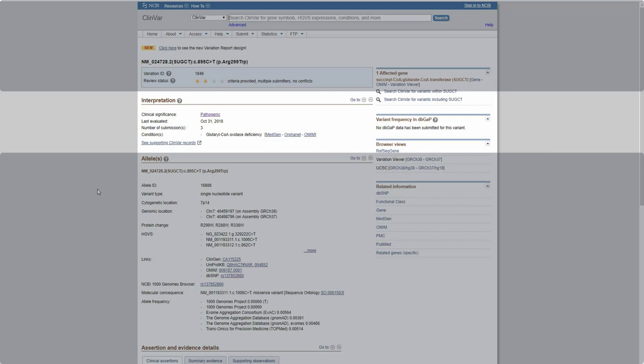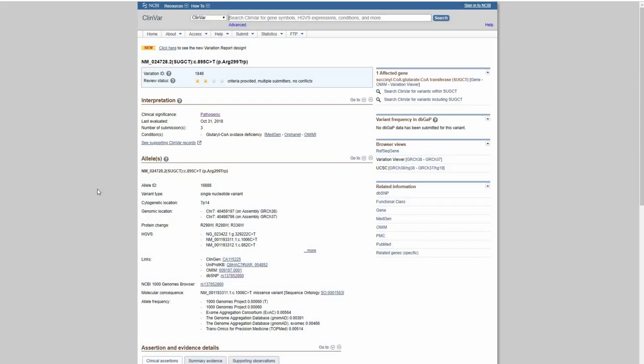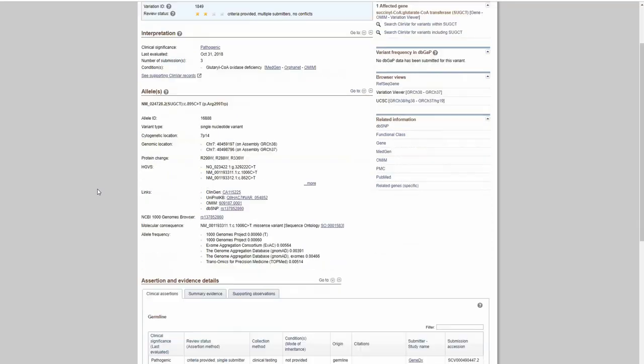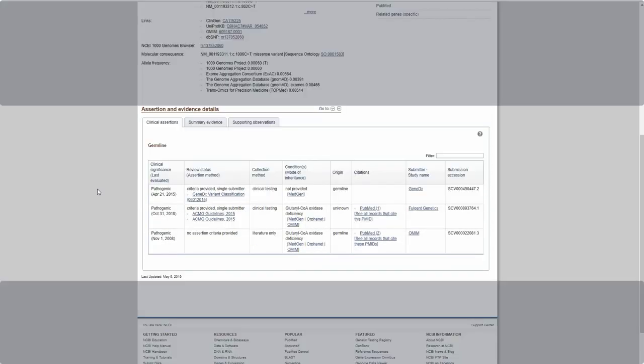The interpretation section of ClinVar annotates this variant as pathogenic and associated with glutaryl-CoA oxidase deficiency. The evidence of this assignment is provided in the assertion and evidence details section. The evidence section indicates that this variant has been reported pathogenic by 3 submitters.